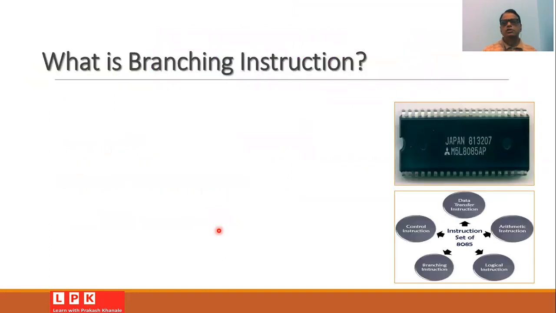So let us start the session with the question: what do we mean by branching instruction? We know that the microprocessor 8085 has many instructions, and these can be classified into different categories such as data transfer instruction, arithmetic instruction, logical instruction, branching instruction, and control instructions. In this session, we are going to discuss branching instructions of